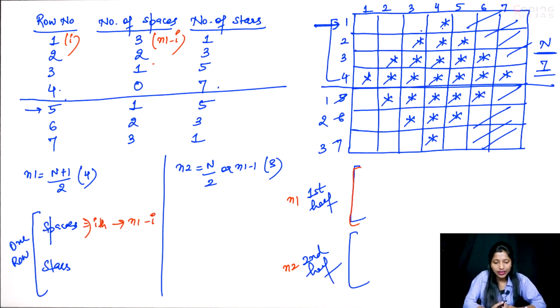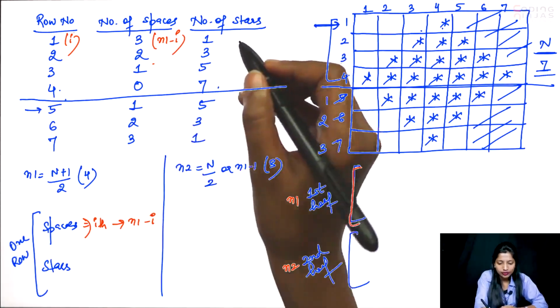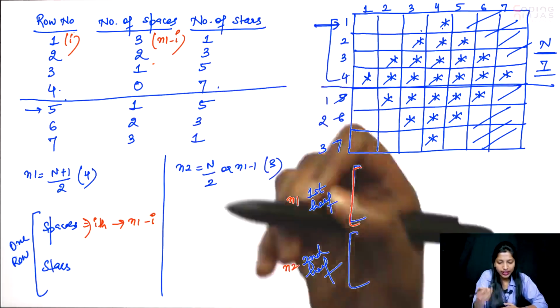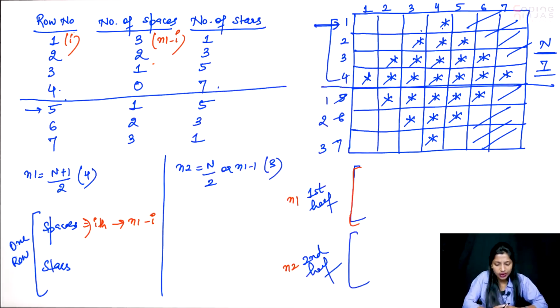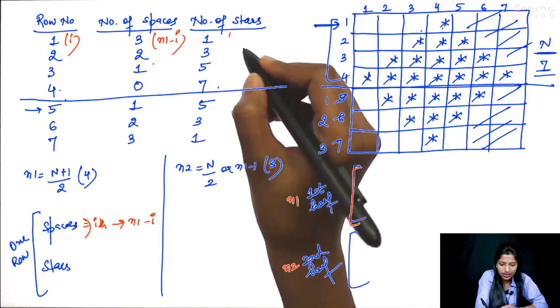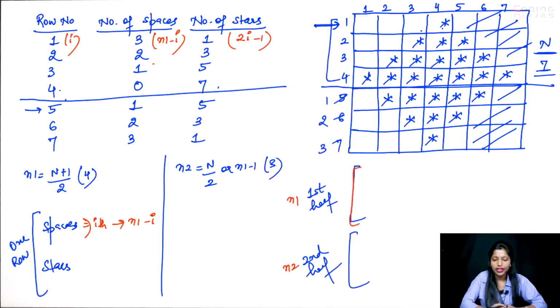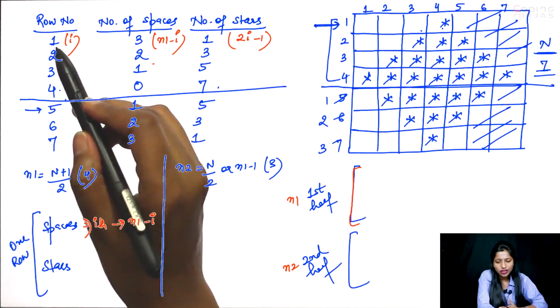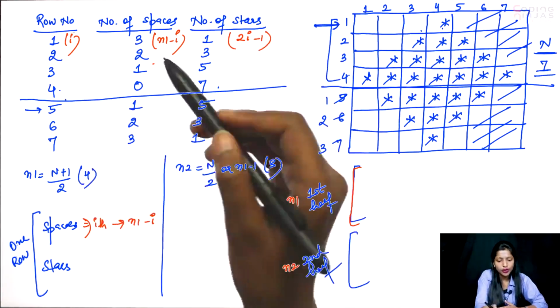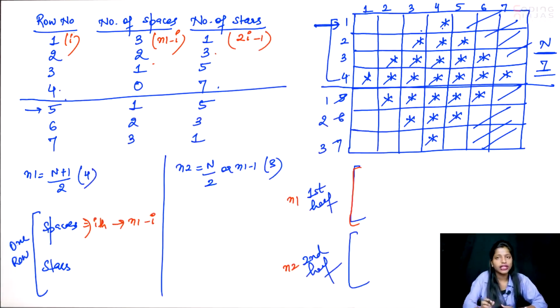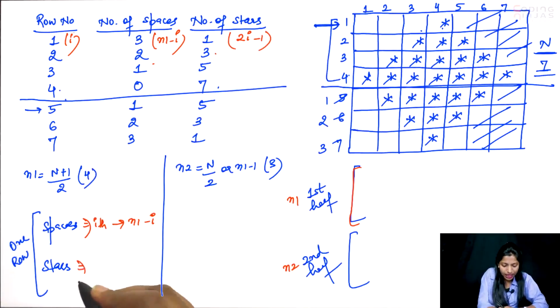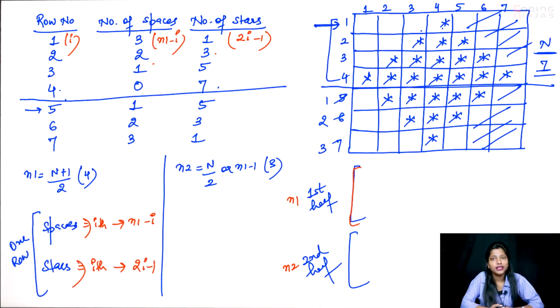Okay, same. Let's do this for stars. And for stars, we need to print 1, 3, 5, 7. Let's try to find out the general expression. I guess it should be 2i minus 1. Let's figure out. So twice of 1 is 2, minus 1 is 1. 2 into 2 is 4 minus 1, 6 minus 1, 8 minus 1. It fits perfectly fine. That means for the ith row, we just need to print 2i minus 1 stars,